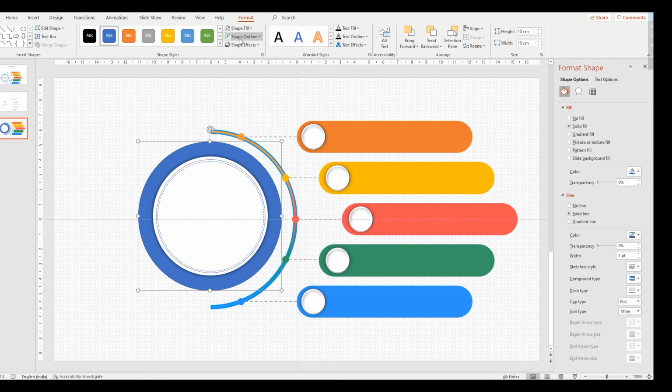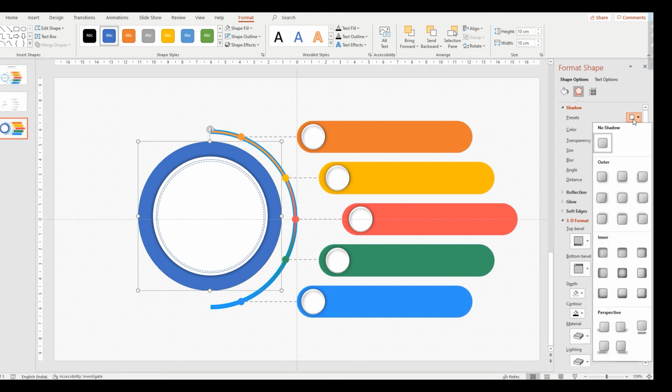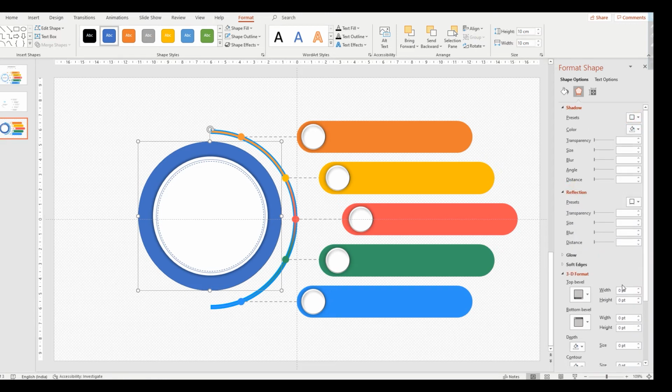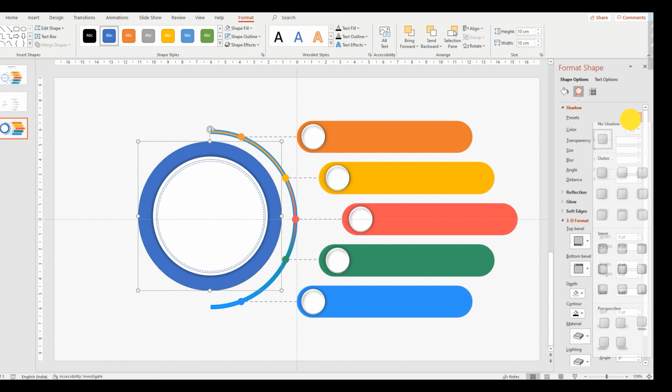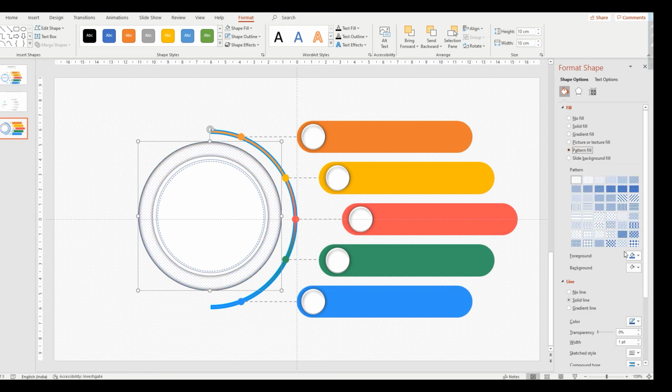This one what we are going to do, in the shape effect, reflection, inner we are giving, change the coloring, change the color, pattern fill, give the coloring, which is better you will select those.